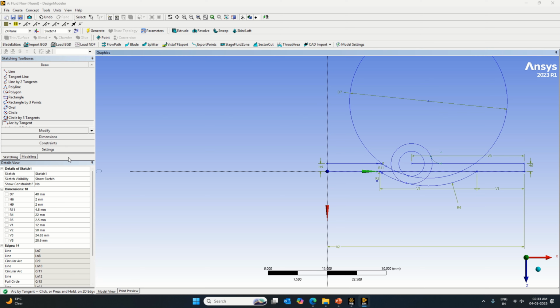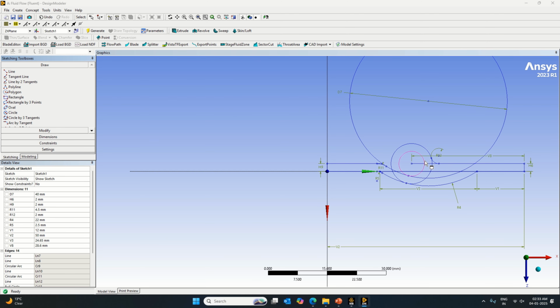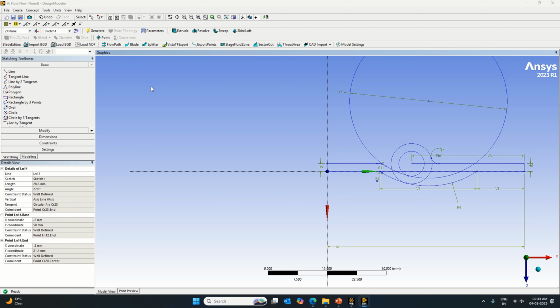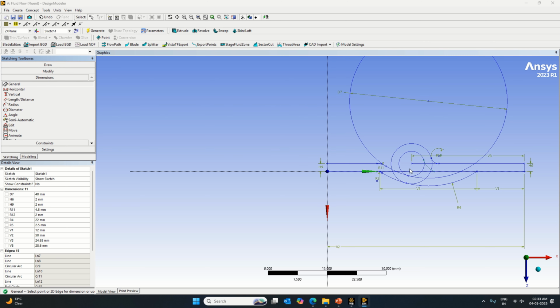So this arc will be of 2 as per the diagram, and draw this one, sorry, not this one. So this one will overlap here. So I will select this to be equal to,